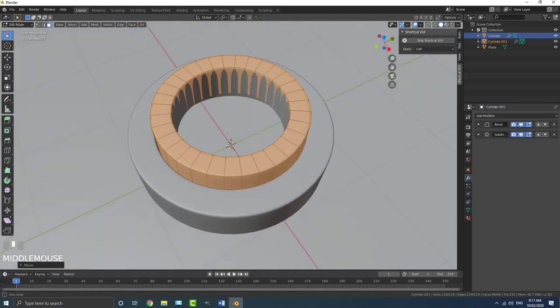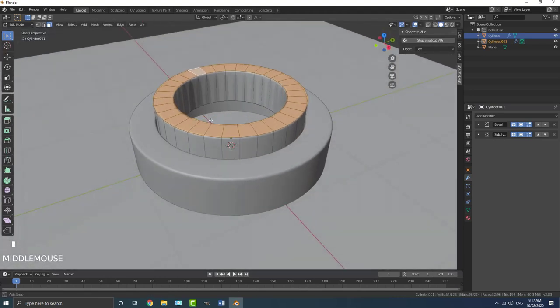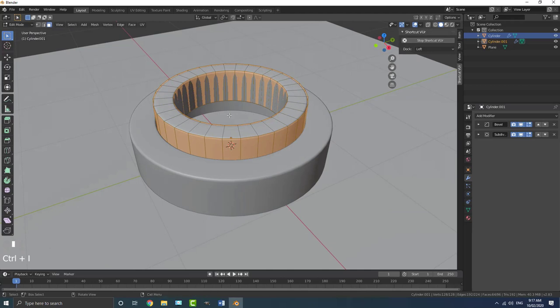Okay, and then what we can do is go to our face select. We are already there. So press A to deselect everything twice, and then go Shift Alt and click on this loop, and that's going to select all of these top loops. Then go Control I to inverse the selection, and go X, and we're going to go to delete and delete